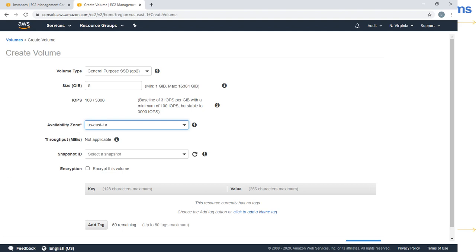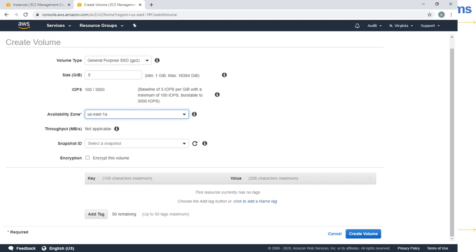So that is the reason it's better to have the EBS volume in the same availability zone, in the same location close by. So I am creating the EBS volume in the same availability zone as my EC2 instance. So create volume.